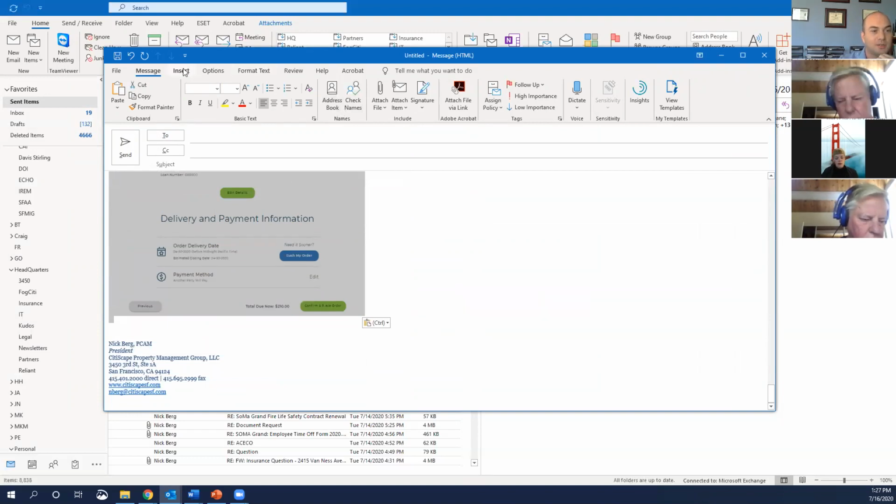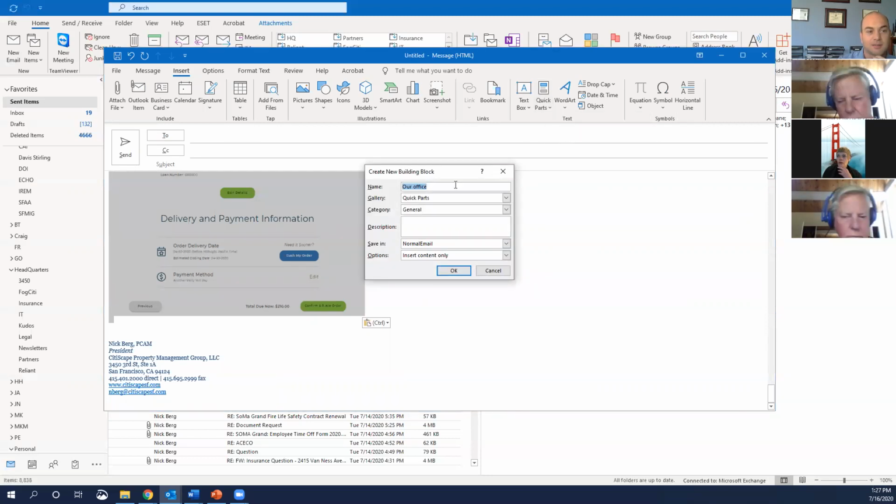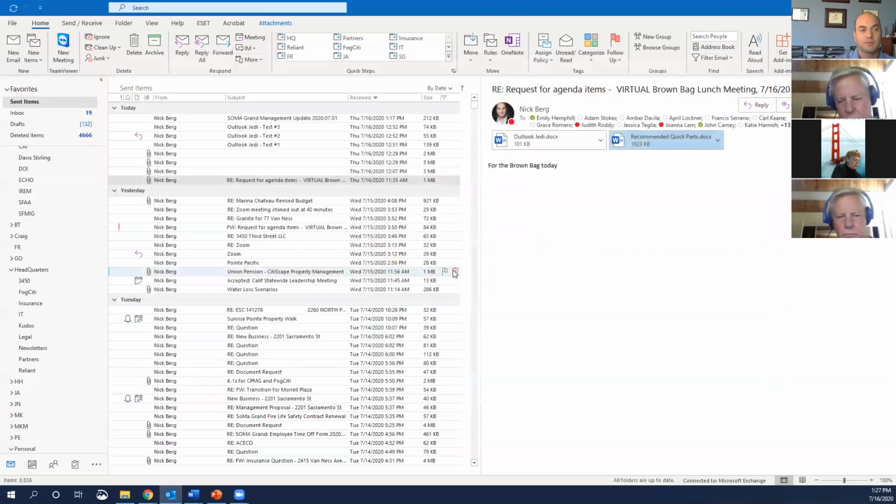Let's go to Insert, Quick Parts, and I want to save the selection to our Quick Parts gallery. What are we going to call it? Let's call it HomeWise. And we're going to go OK. Okay. So now,